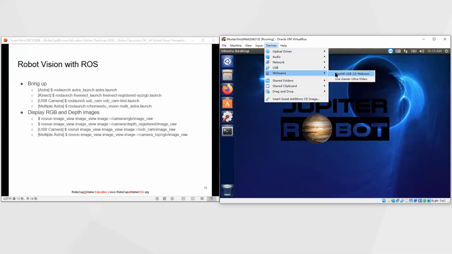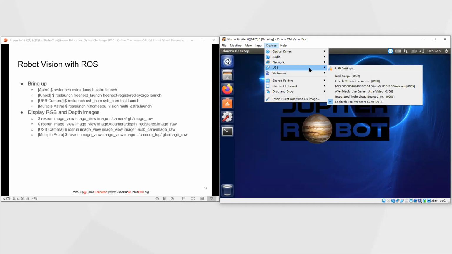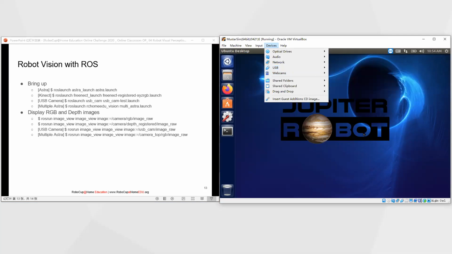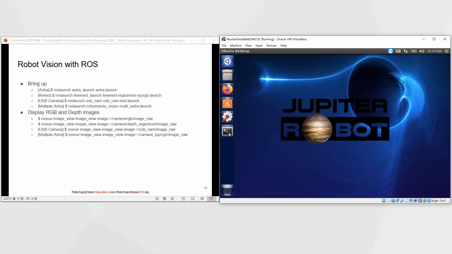First, you can use the built-in camera with Webcams. And if it doesn't work well, you can use the USB method from the USB camera list. For example, there is also a USB camera entry here, Xiaomi USB 2.0 Web Camera. So it's also okay. If you have a problem, then change to another method of connection. And the first time you bring up the camera,